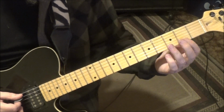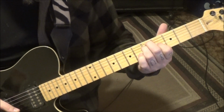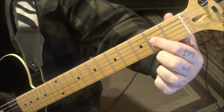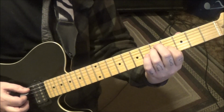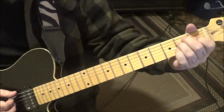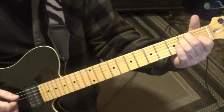Same thing on this chord. The 4A, 2D, and G. So we have... Now what I'm doing is kind of using my index to press 2 strings down so I don't mute out the B string. And then the open E, or the hammer onto the E minor, or E major. So you have...